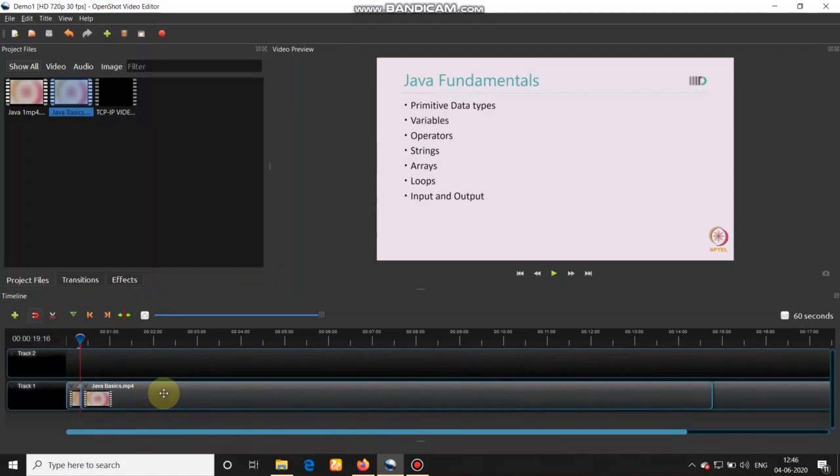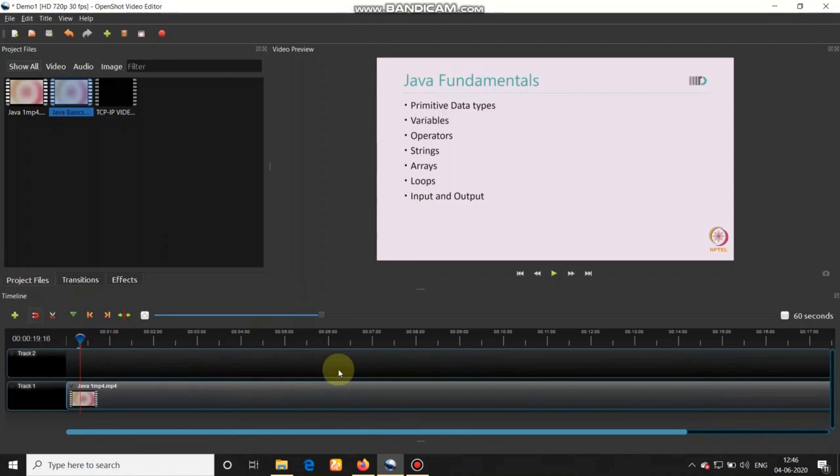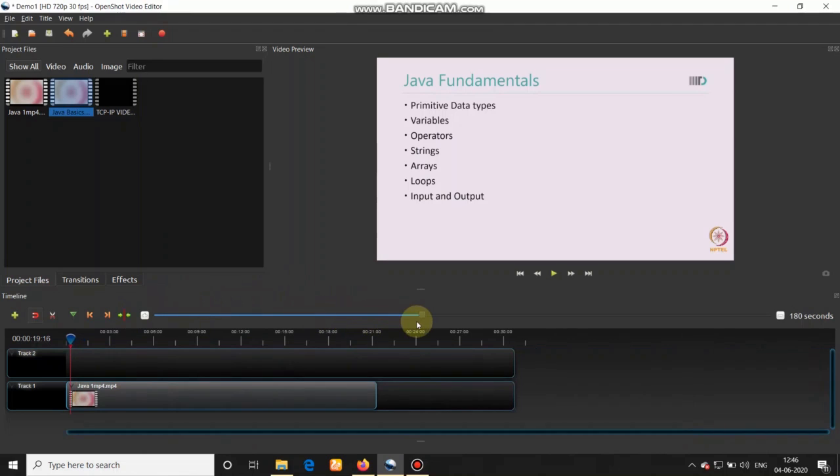the second clip has come on the first track, over the first clip. This should not happen. So we will do one thing. We will remove this clip. For that particular reason, we need to find out the first track length, and then we just need to move the blue slider to the end of the first clip.